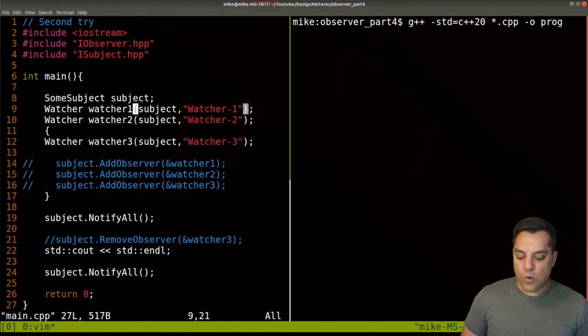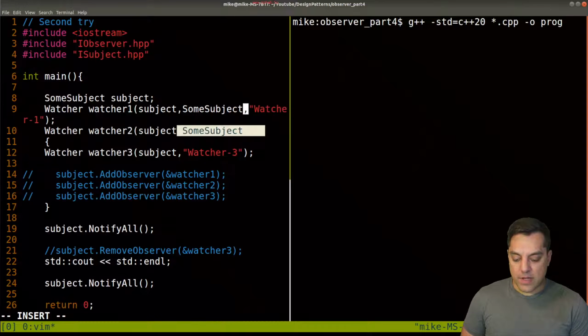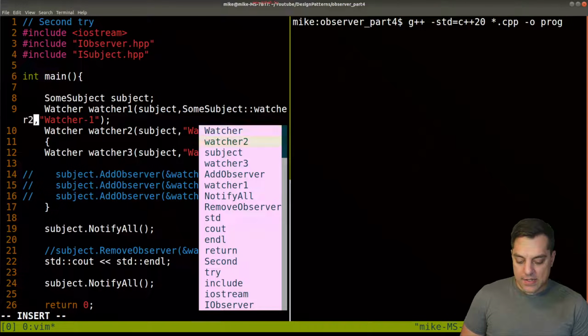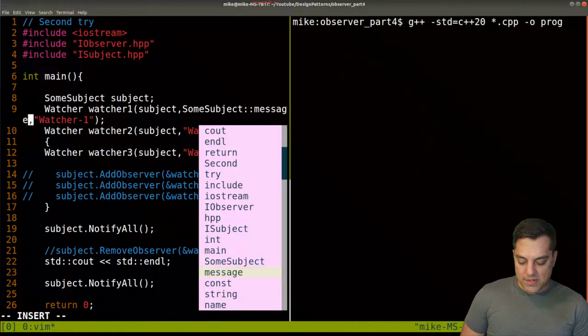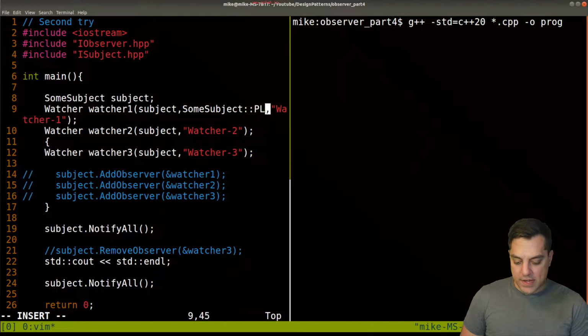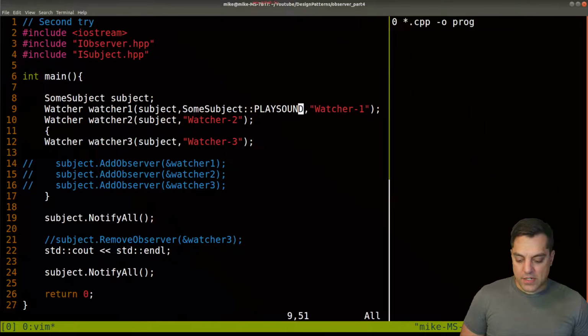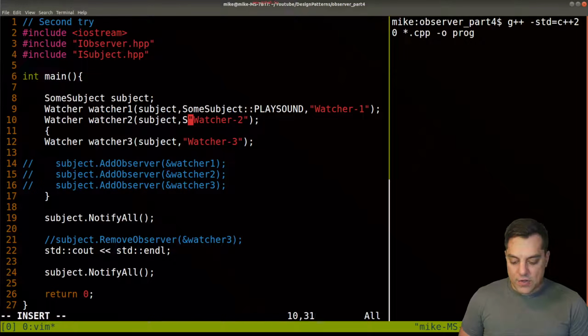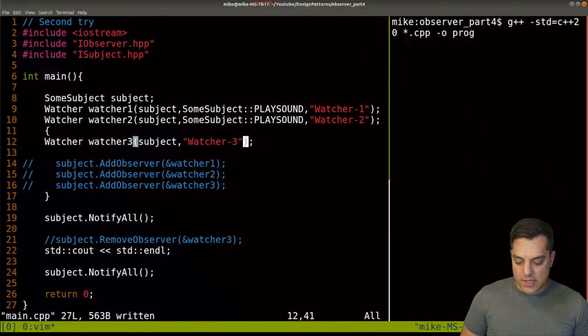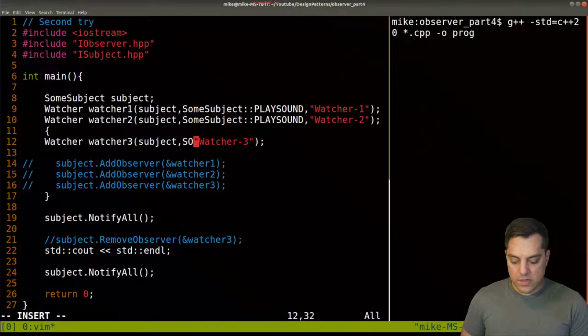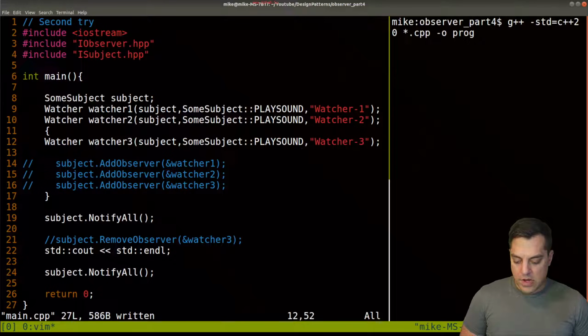And now for each of our watchers, we have the subject that we're subscribing to, and then we need to pass in an enumeration. So that's coming from some subject. And then we need to, let's see if my autocomplete's smart enough to find it. I don't see it in here, but let's go ahead and do like PlaySound. Oh, there it is. Okay, so that's what it'll look like to create each of our observers. And let's go ahead and try this out here in a moment. Let's just do everything in two things in sound, some subject, PlaySound. All right, and then we will